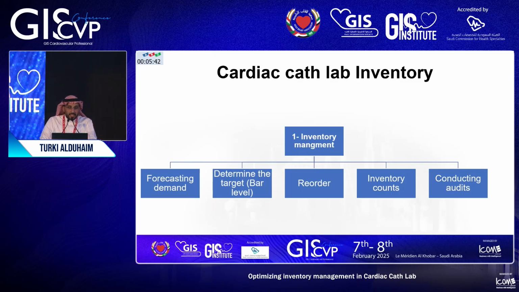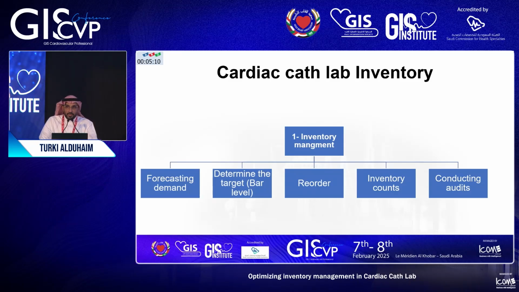So we'll talk about inventory management, which, as we mentioned a while ago, is strategic and planning. It's forecasting demand, which means how much you need per year. So you should have the capability to know how much of each size you need to have. If, let's say for stents, you have 60 or 70 sizes, you need to know for each size how much you need per year. If you determine that and you have a good forecast, you can determine your par level, which usually depends on your hospital.